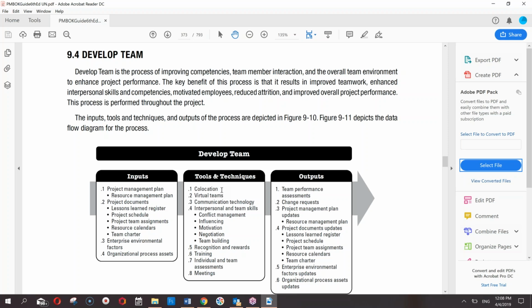But naturally, we do understand that there are multicultural environments. Sometimes geographic disparities are there, and you have your team members too far off. Then we must understand how to deal with virtual teams. We must also understand the communication technology in vogue in the specific situation of our project. In some of the cases, this might